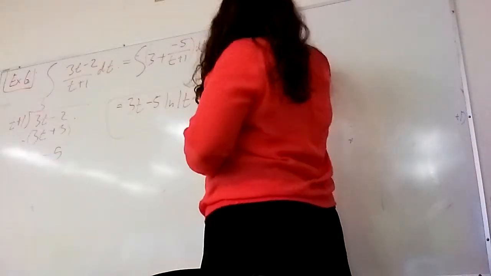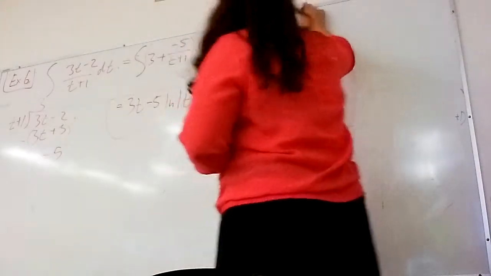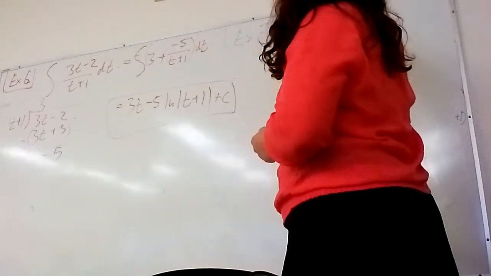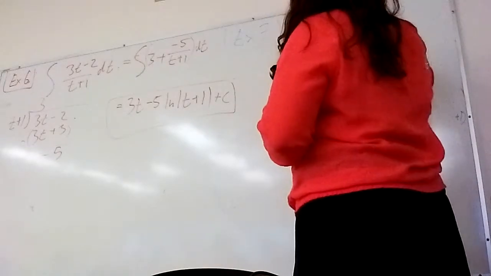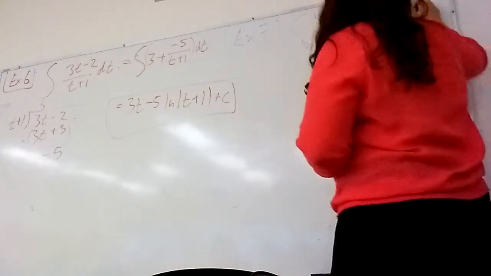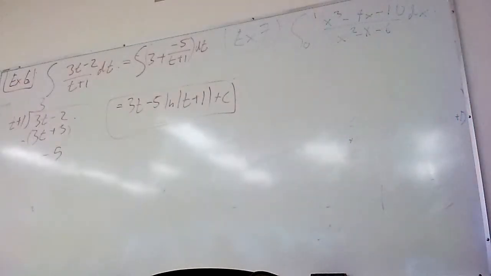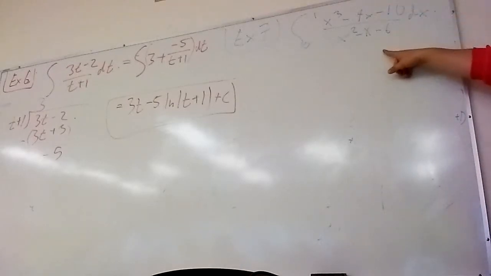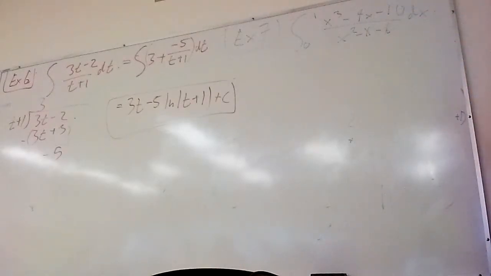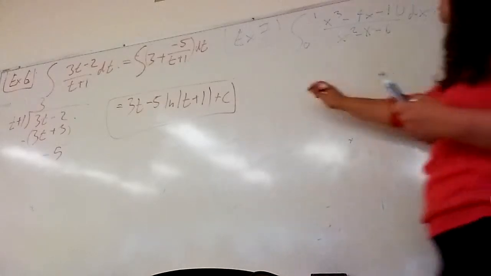So example 7 here, I have the integral from 0 to 1, x cubed minus 4x minus 10 over x squared minus x minus 6 dx. So here, the degree of the top is bigger than the degree of the bottom. So I'm always going to start with long division of polynomials as long as the degree of the top is larger than or the same as the degree of the bottom. So